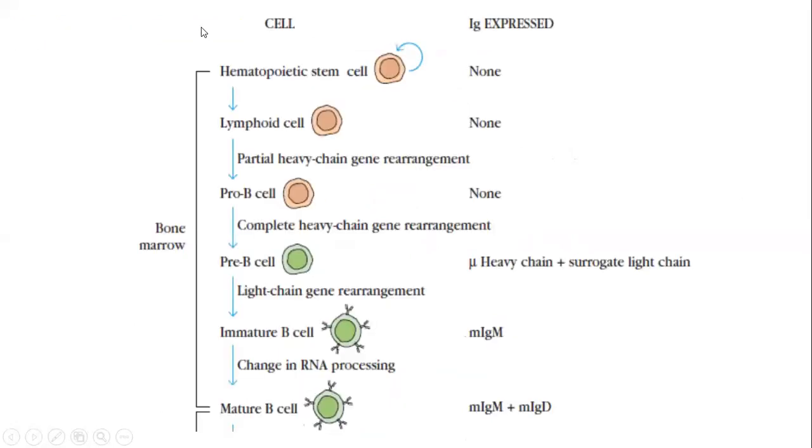But before that, what is happening in the bone marrow? In the bone marrow, the hematopoietic stem cell differentiates into a lymphoid cell, and it becomes pro-B, pre-B, immature, and mature B cell. The B cell goes through different stages of development. You will have a different marker for each. If the marker is on, you can tell that the lymphocyte is in the pre-B stage or in the mature stage.